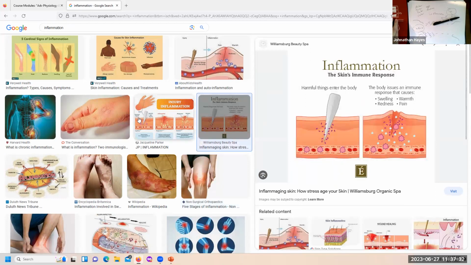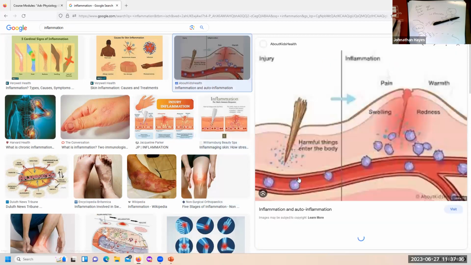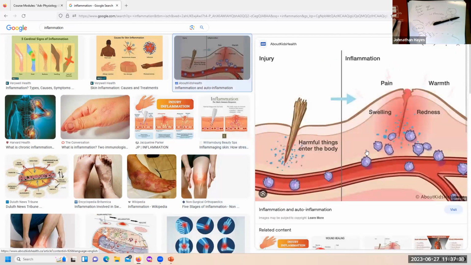Could come from a bug bite, could come from a rash, could come from some type of infection, but it's just basically a localized area where your vessels have become more permeable. Here, you're actually seeing what's called diapedesis, where the white blood cells are moving across the blood vessel wall out into the area, because if I need to remove any type of cell debris or any type of invading organism,